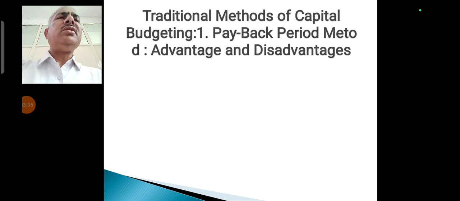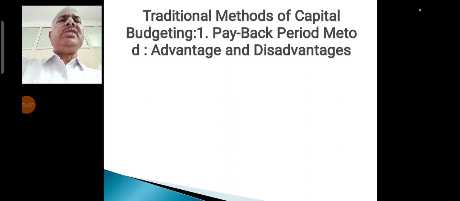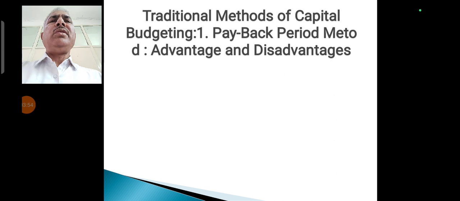It reduces the loss through obsolescence and is more suited to developing countries like India, which are in the process of development and have quick obsolescence. Due to its short-term approach, this method is particularly suited to a firm which has a shortage of cash or whose liquidity position is not particularly good.